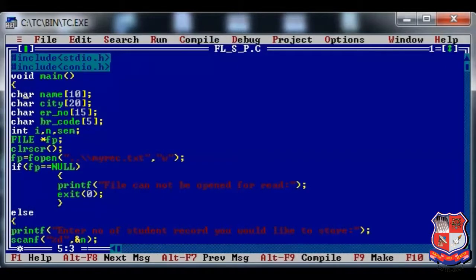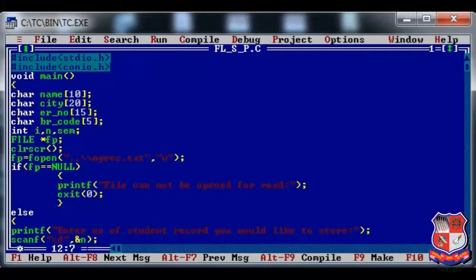See, I have taken a few attributes of the student entity: the name of the student, city of the student, enrollment number of the student, branch code of the student, and the semester of the student. As you can see right now, I have taken one file pointer, that is pointer fp, which I will use for reading and writing operations.